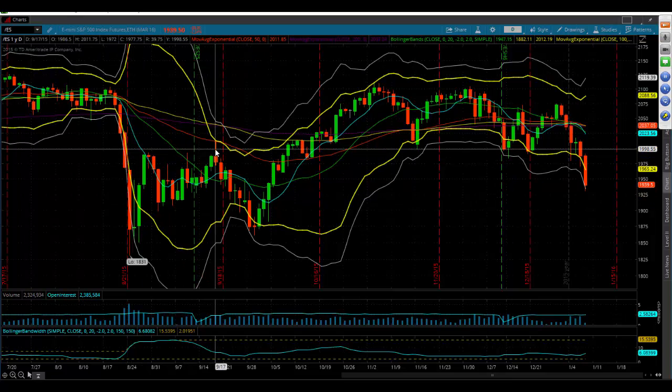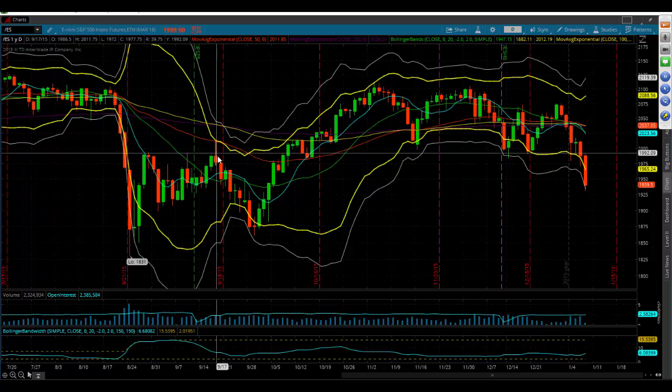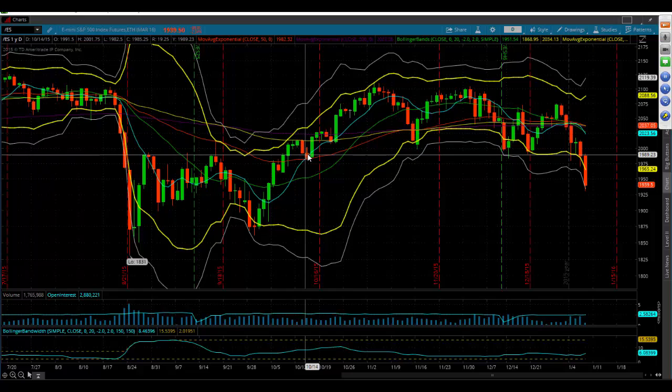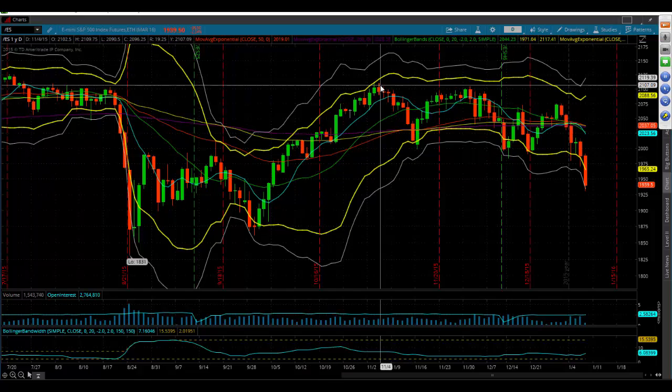They failed at the 50. This should have been the death of that rally. Instead, it pulls back, does the higher low, lifts off the 50, and goes up to 2110. Now, it was a lower high versus 2134, and the first real shot across the bow